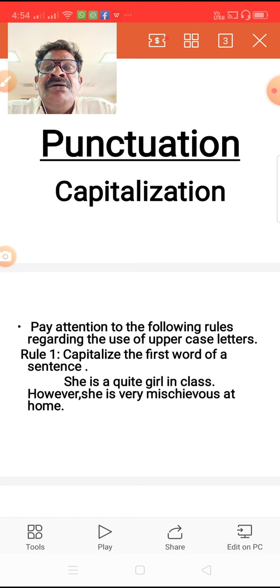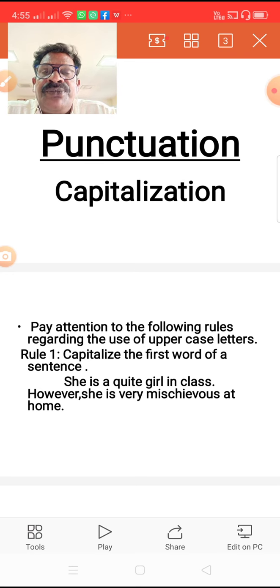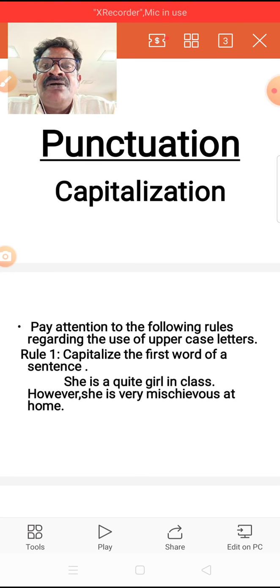Our today's session seems to be very easy, because ever since you have started your school, you have been learning and you have been familiar with one chapter that is called punctuation. So here for Telugu medium students from 5th onwards